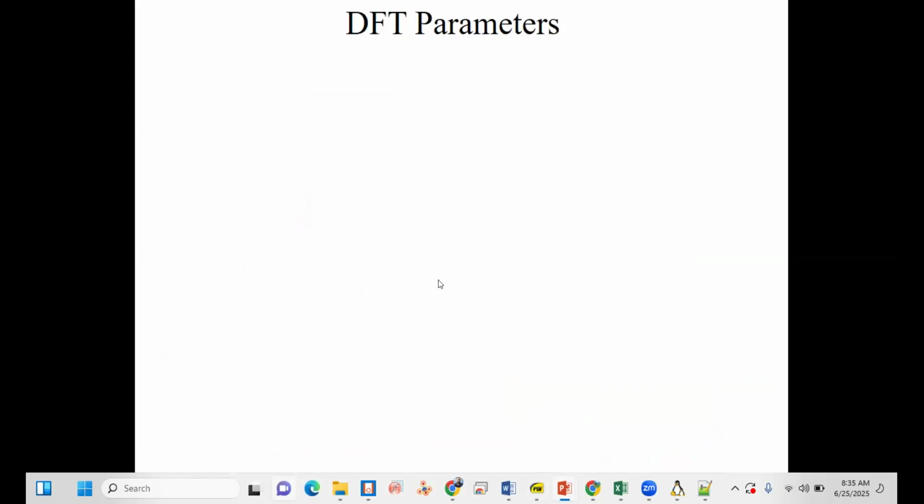calculation. So another one, we have DFT parameters, the basis sets, the basis size first. So we use the DZP, double zeta polarized, or basically triple zeta polarized.